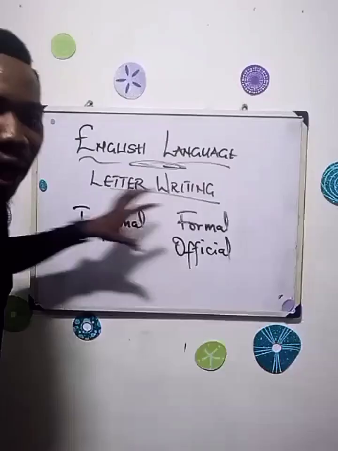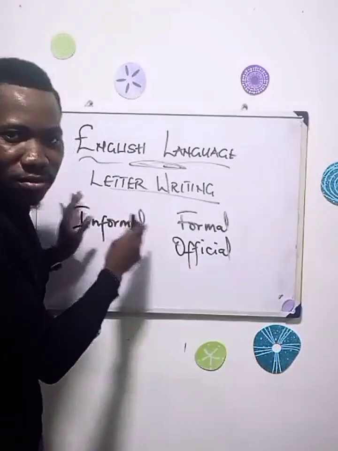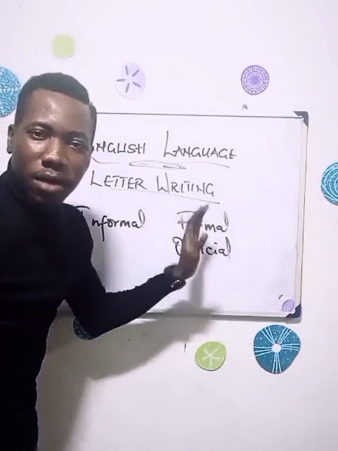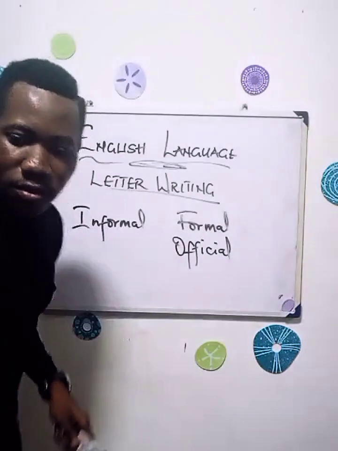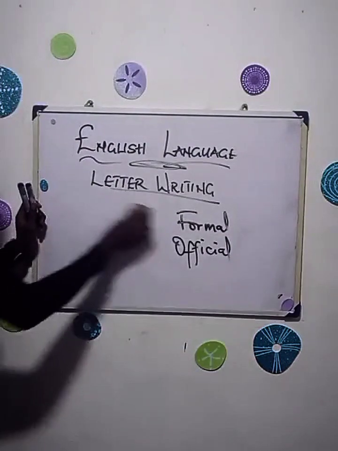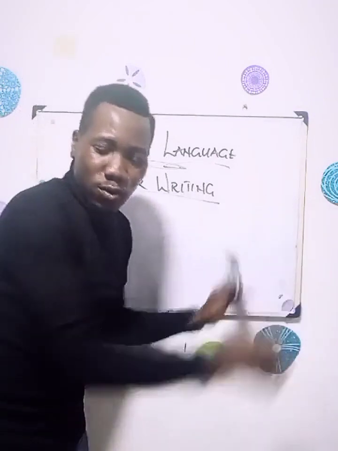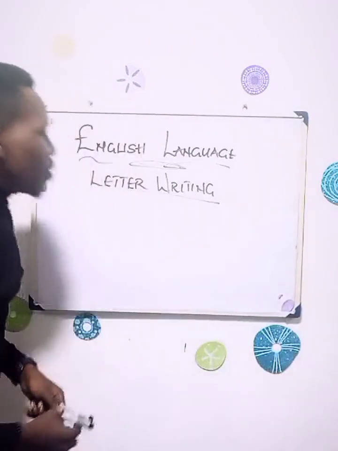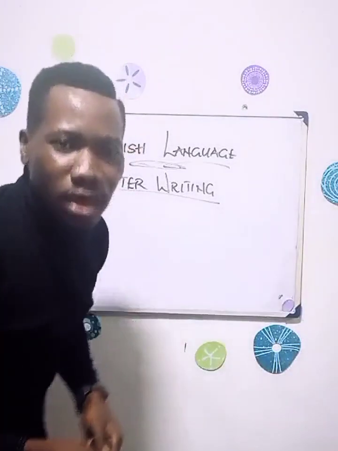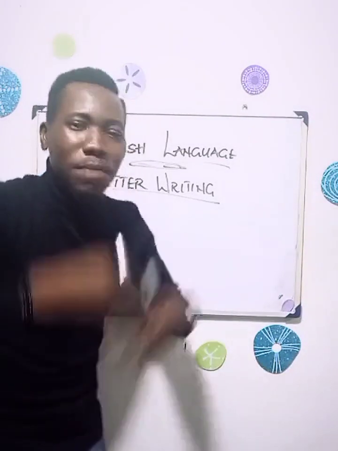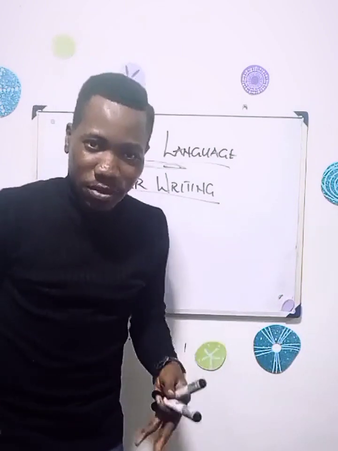So now we want to see how we write these two types of letters. I'm not going to look at this one basically. I'll focus on this one today: the formal letter. How we write formal letters. There's a how-to for this one, and there's also a how-to for the formal letter. So, what are the things you see in a formal letter? It's also for a person in a high post, somebody taking a position somewhere in an office.